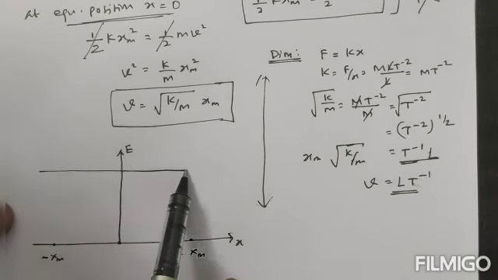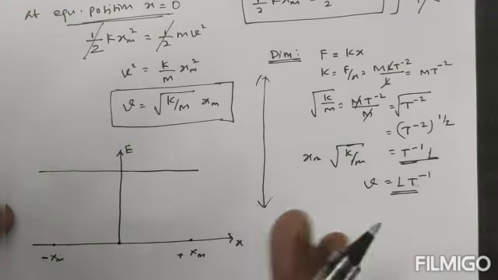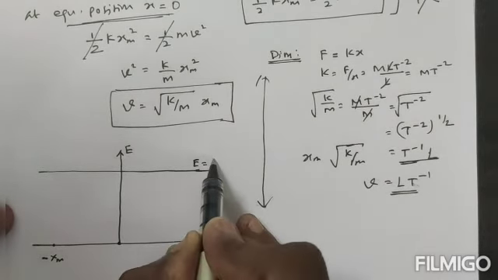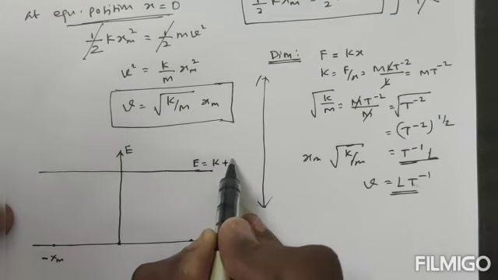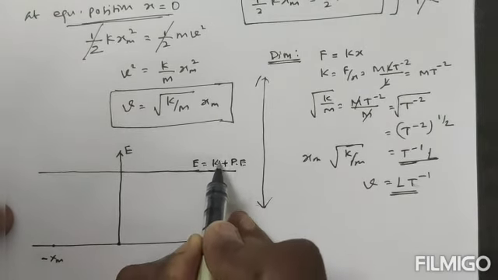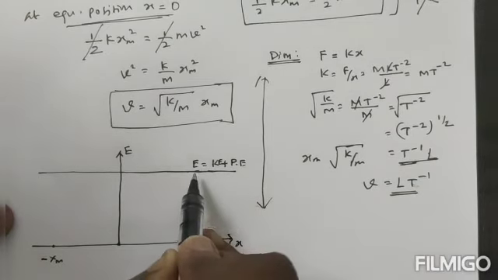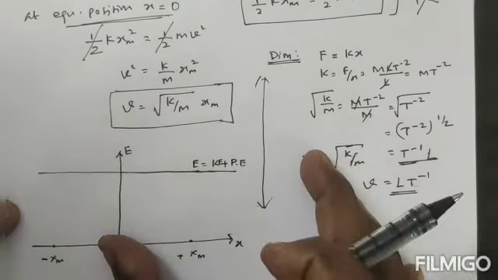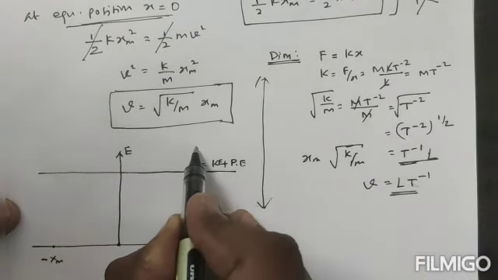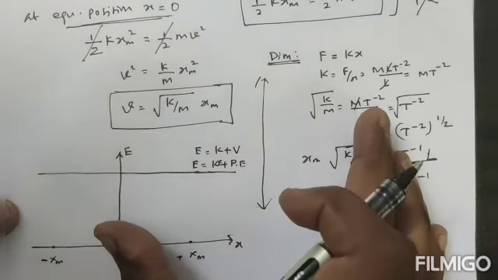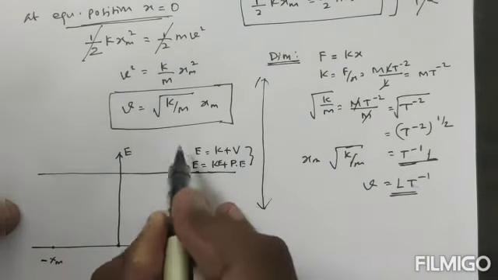Let us imagine there is one more line. Here is the total energy, because you know the total energy will be constant. So the total energy is E. E is nothing but kinetic energy plus potential energy. So the kinetic energy and potential energy added give the total energy. So the total energy is constant. Or simply we can write E is equal to kinetic energy plus V. V is nothing but potential energy. So both have the same meaning.